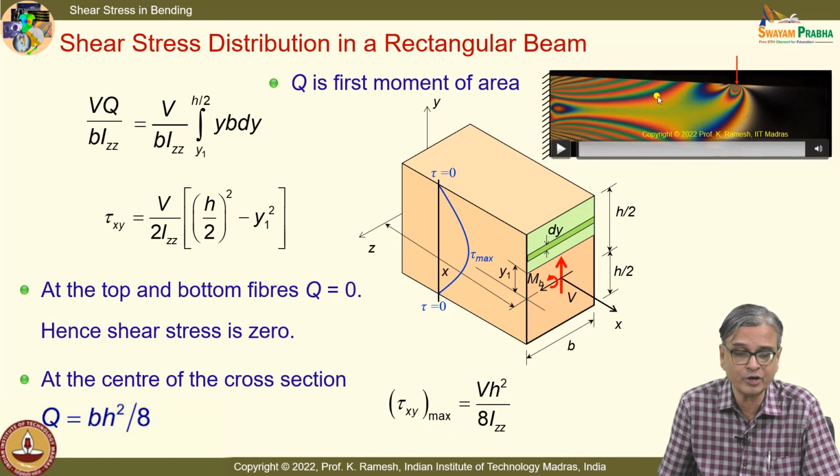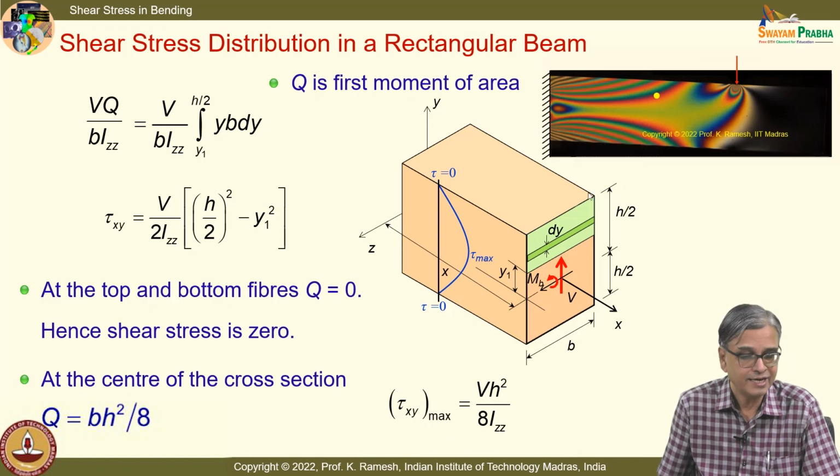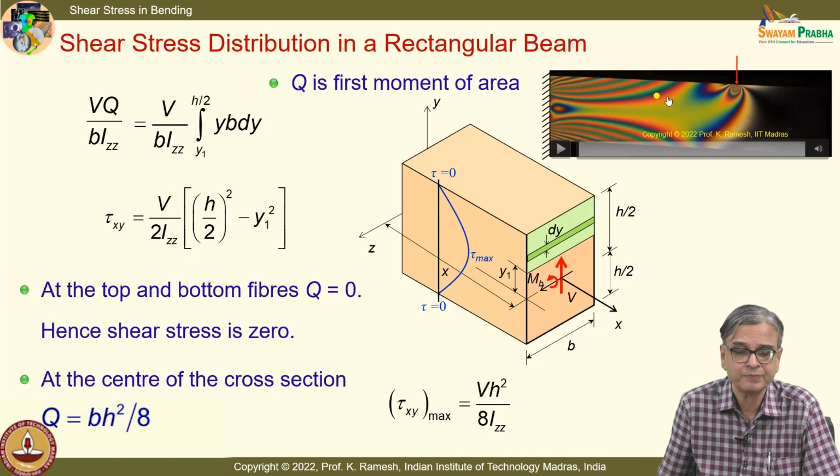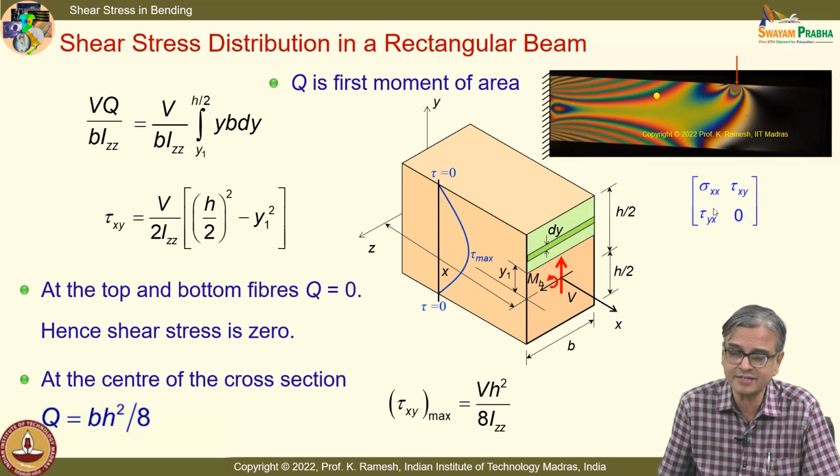I have taken a generic point here, below the surface. See, you are looking at the side view. If you look from the cross sectional point of view, it is some point just below like this. It can even be taken as y1. So I will have shear stress here, and I will also have bending stress. So if I put that, the stress tensor is sigma xx, tau xy, tau yx, 0. Is the idea clear? And what you have here is your sigma xx